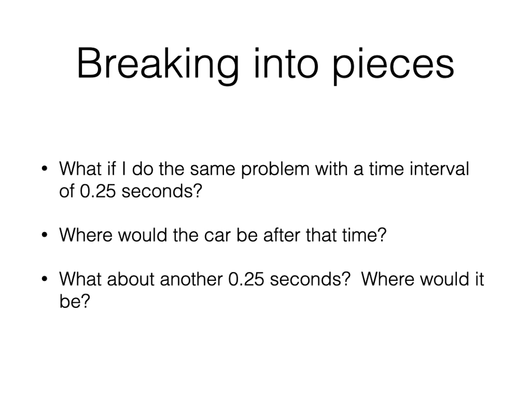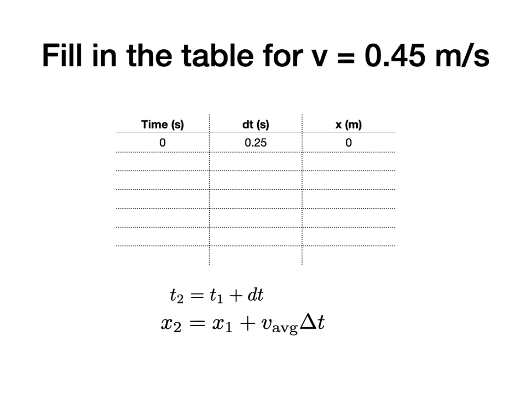calculations. Let's do that. So here is a table for you to fill in. And this table is going to help, and you really should fill in this table. It doesn't have to be perfect. You can just write it down on your paper, okay? You already have paper out because you did that first problem, remember? So we're going to start at time t equals 0, and the time step is 0.25, and x at that